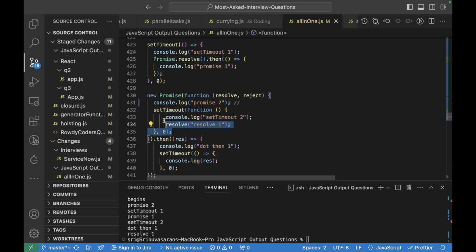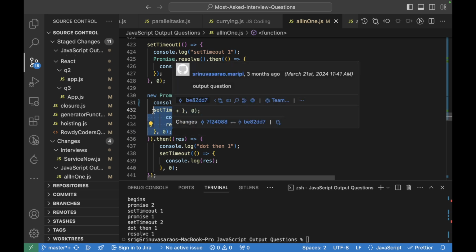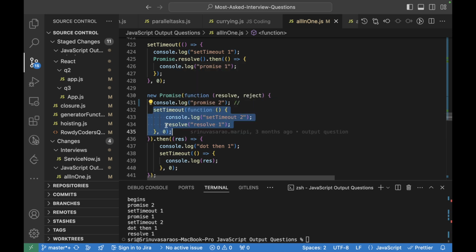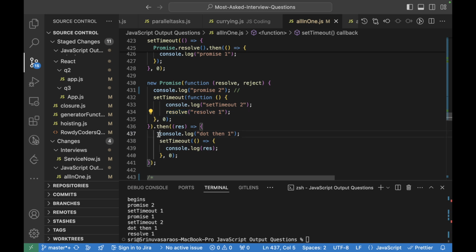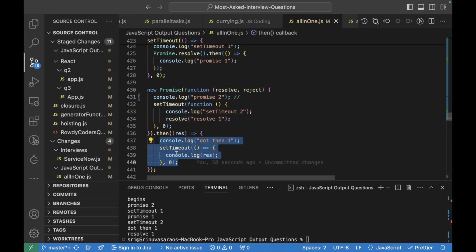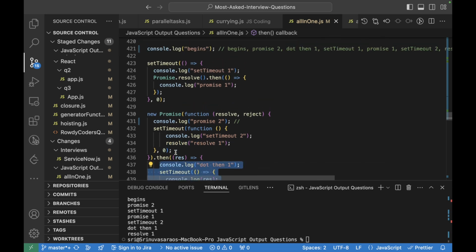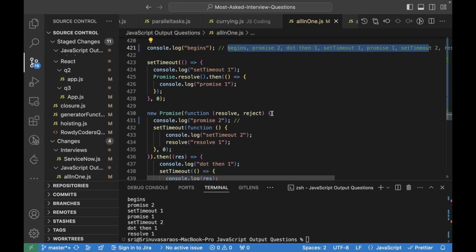So here the thing that is happening is, after 0 seconds only this will be resolved, right? So after 0 seconds only it will come to this then, right?